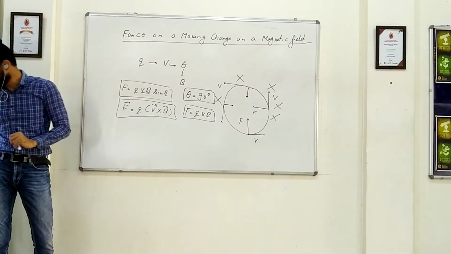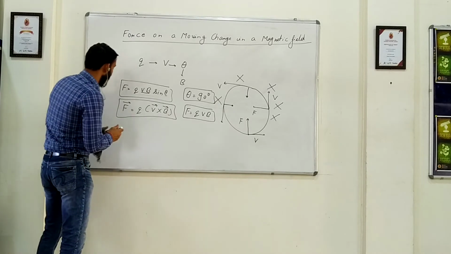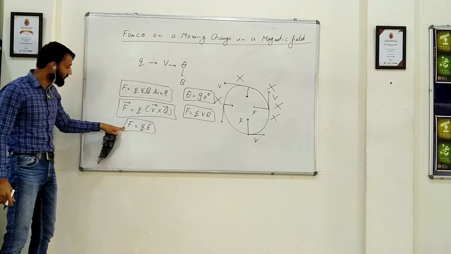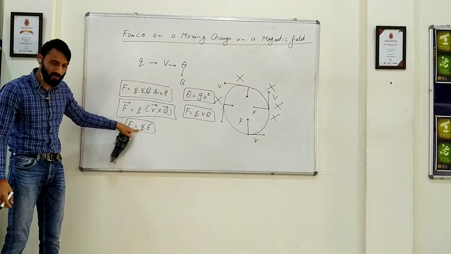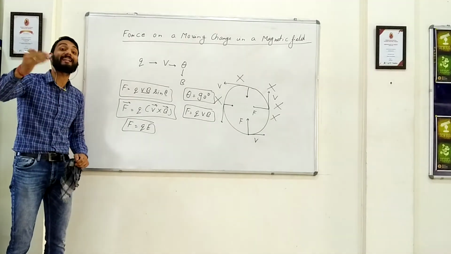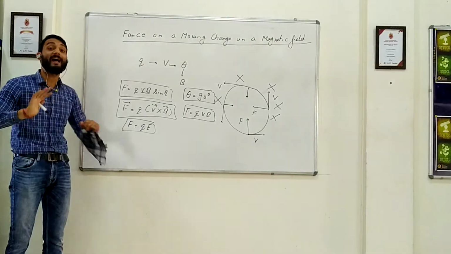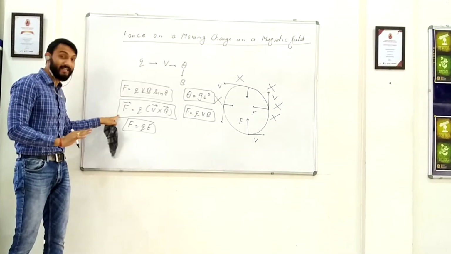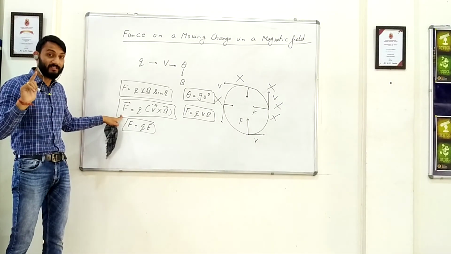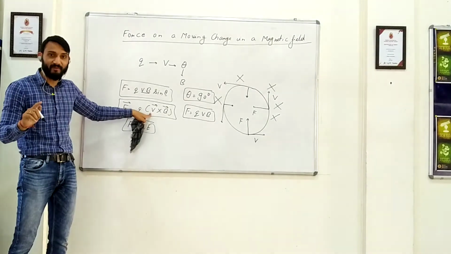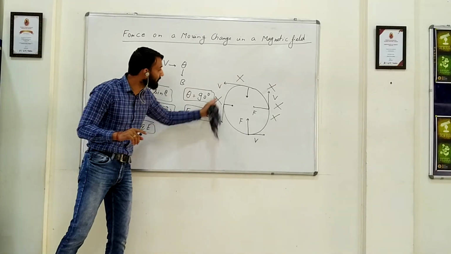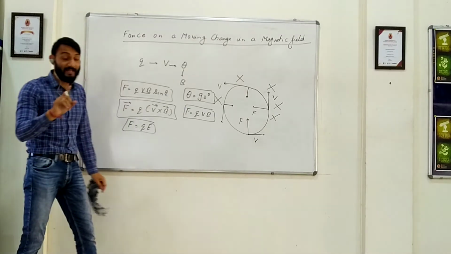This is important. Why is this important? Because if I see this force F is equal to QE, when this force acts on this charged particle Q due to the electric field E, what does this force try to do? This force tries to accelerate the charged particle. But what does magnetic force do? Magnetic force, if the velocity is perpendicular to the magnetic field, in that case, the magnetic force tries to move the body in the circular path. So I am applying the condition if.